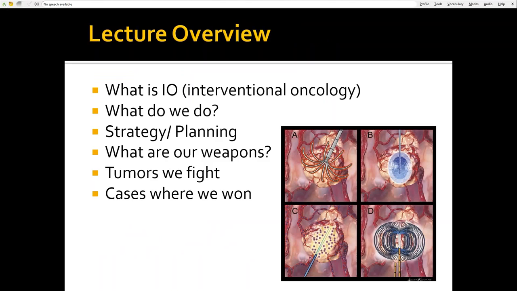So in general, what is interventional oncology? What is it that we do? What is it we look for? What kind of patients do we set up? So we're going to go through a little bit about the field itself. We'll go through some of the tools. We'll also talk about the literature, because it's very important to realize when you do interventional oncology, you're not just a radiologist anymore. You're treating patients, and in addition, you're not just treating patients, you have to analyze the literature